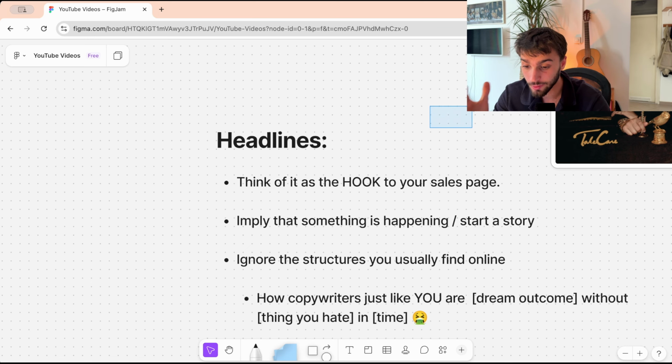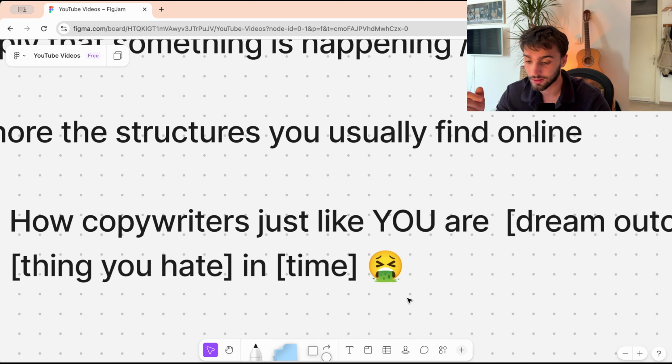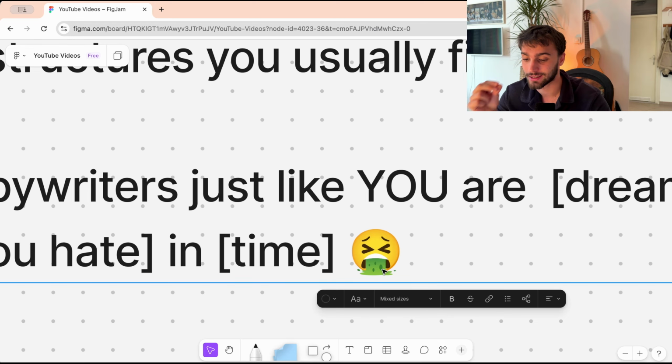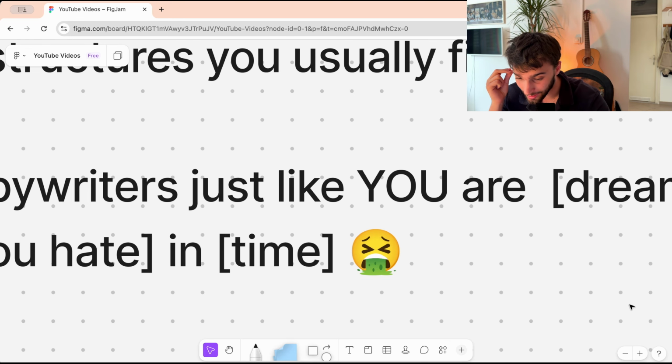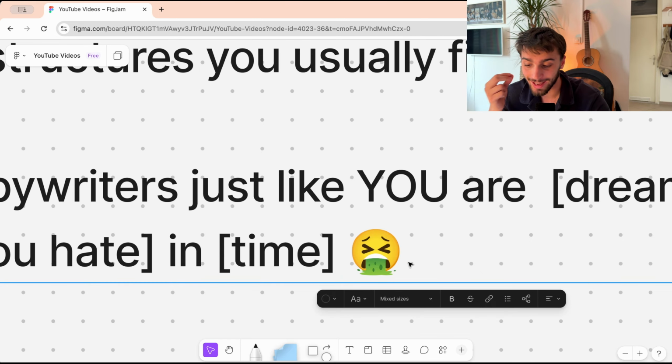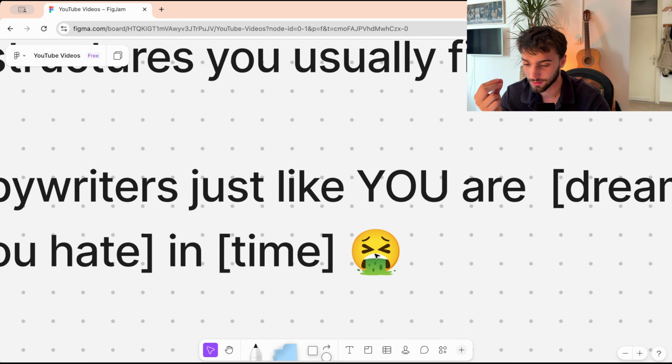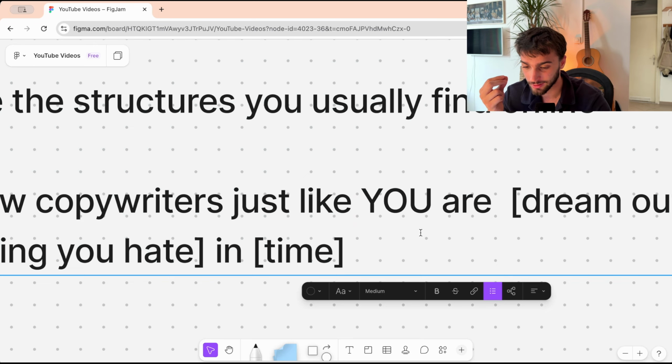This helped me so much when I realized that a headline is simply a hook. Why does this help? Because it helps you ignore the structures that you usually find online, which is how copywriters just like you: dream outcome without thing you hate in time. It's as disgusting as this emoji is, because it looks like it's giving head to Shrek, to be honest. I absolutely hate it. Anyway,